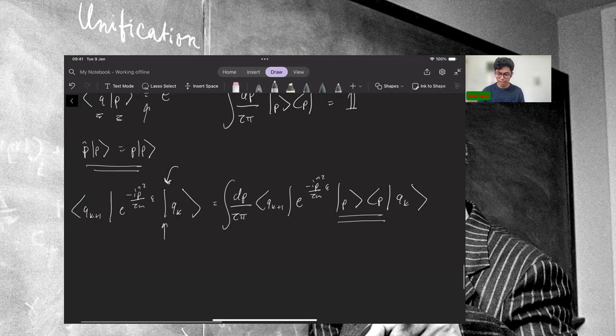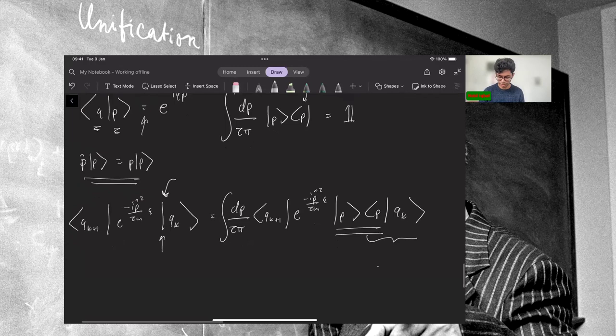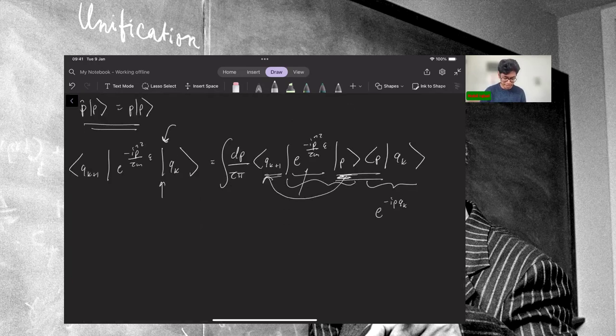Okay, great. Now, what is this? This quantity here is e to the minus i P q_k. Okay. What is this quantity here? Because this is a momentum eigenstate, we can just operate with this on that and just get e to the i P squared divided by 2m, the number. Okay. And once we have the number, we can pull that through here and take the inner product of q_k plus 1 with p. And so once the dust settles, what we get is just the integral dp divided by 2 pi